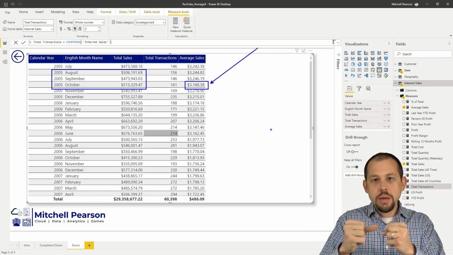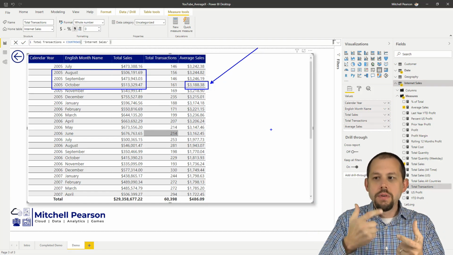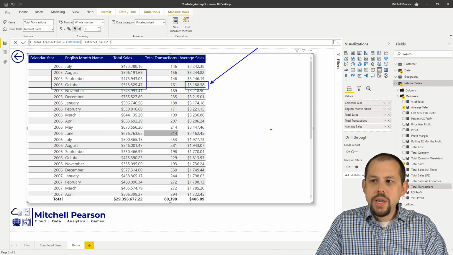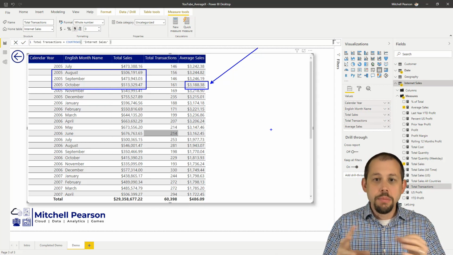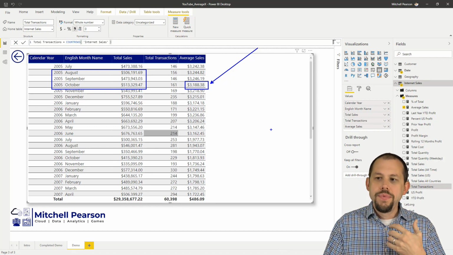So I create a virtual table that has that data already pre-aggregated, already pre-grouped, where I have the year, the month, and then the total sales. And there's a couple different ways that we can do this in DAX. There's a few different methods. One of the simplest ways to do this, I like to use the values function. The values function to return maybe the month-year